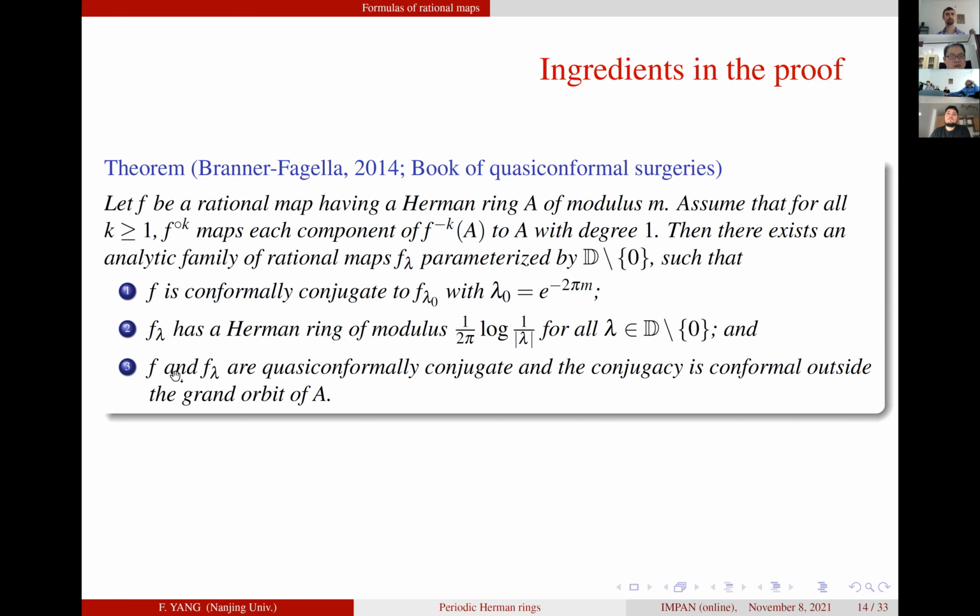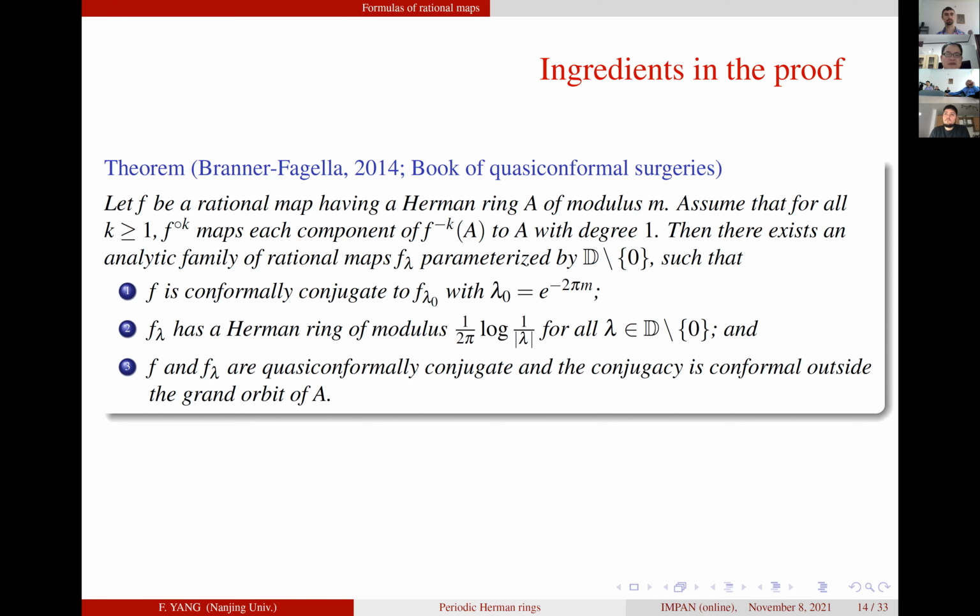And the last property is that F and F lambda are quasi-conformally conjugate, and the conjugacy is conformal outside the grand orbit of the Herman ring A. So from this theorem, we know that if F has a Herman ring, then we can obtain an analytic family containing this rational map F, such that every map in this family has a Herman ring,